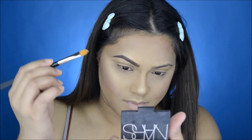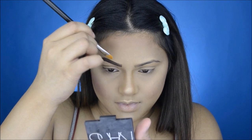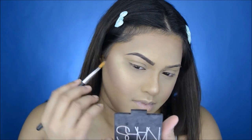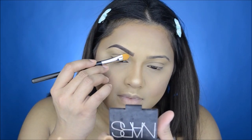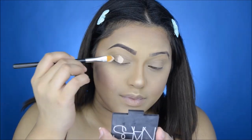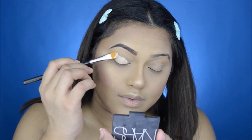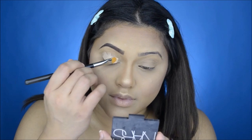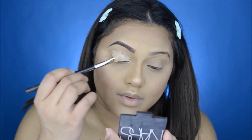So I'm taking a little small concealer brush and I'm just clearing out the outer perimeter of my eyebrows and giving it a very crisp and sharp look. And that's it. Once your eyebrows are done, here I'm using my Soft Ochre by MAC and I'm just basically prepping my eyes as a base for my eyeshadow,